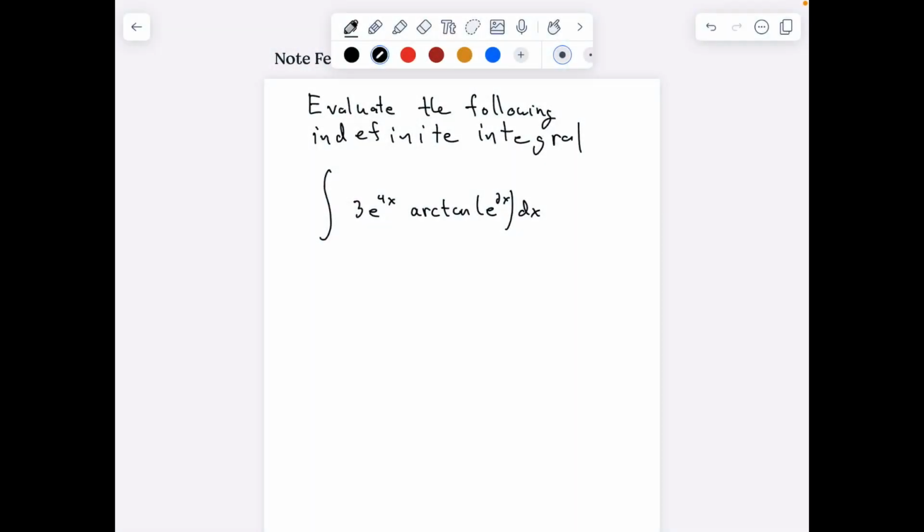All right, hello everyone. So today we have the following. Evaluate the following indefinite integral: the integral of 3e to the 4x arctan e to the 2x dx. Typically when I approach an integration problem such as this,